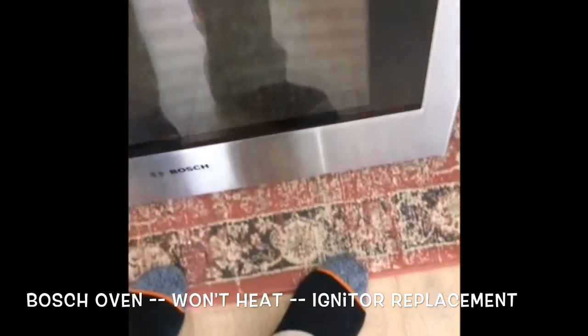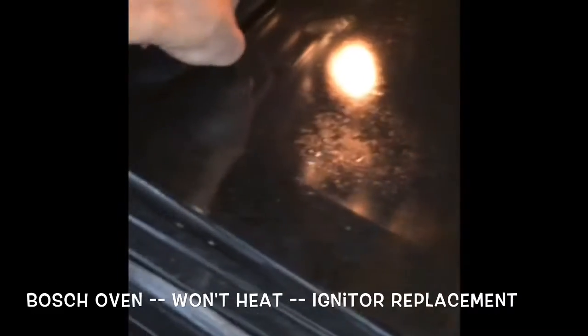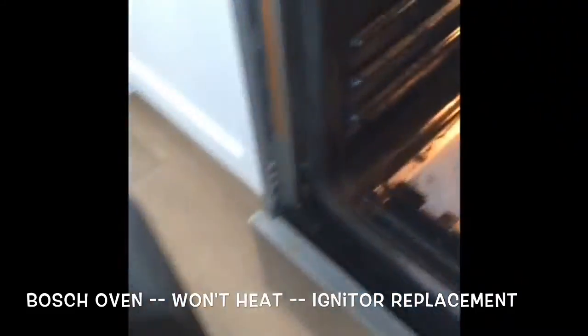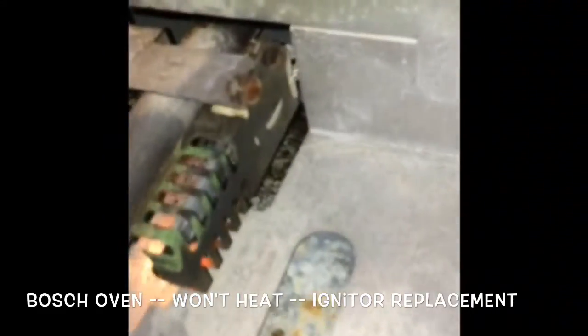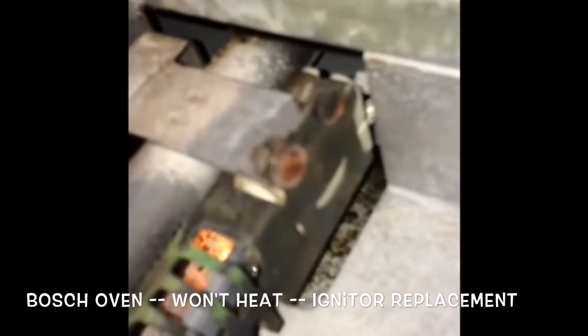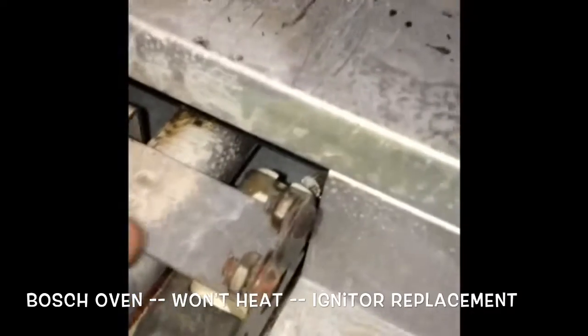And then there's a panel that hides the igniter, and it's just held in by two screws at the back, one here on the right, one here on the left. You just spin those out, and you can grab this bottom panel and just pull it out towards you, and then that'll expose the location of the igniter, which is this little boxy thing here to the right. It's just held on by two screws and two nuts at the end of the screws. The screws are Torx 20 size,